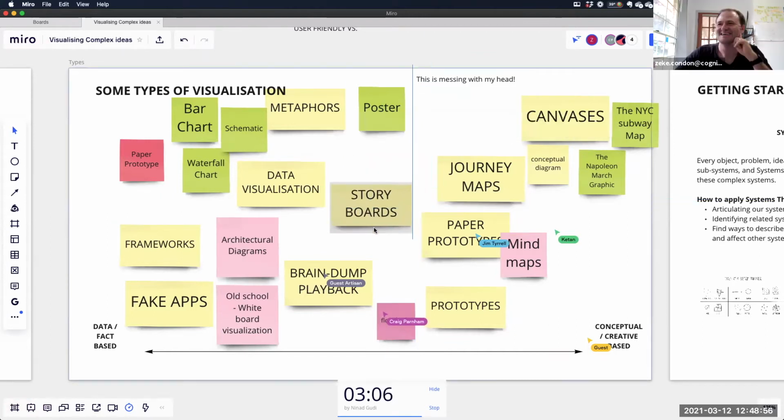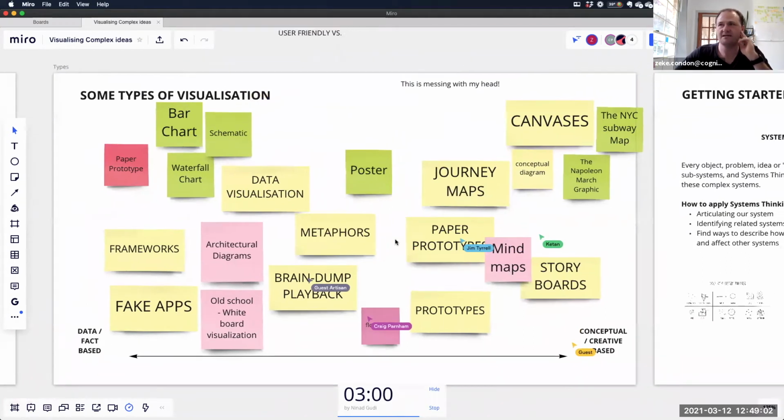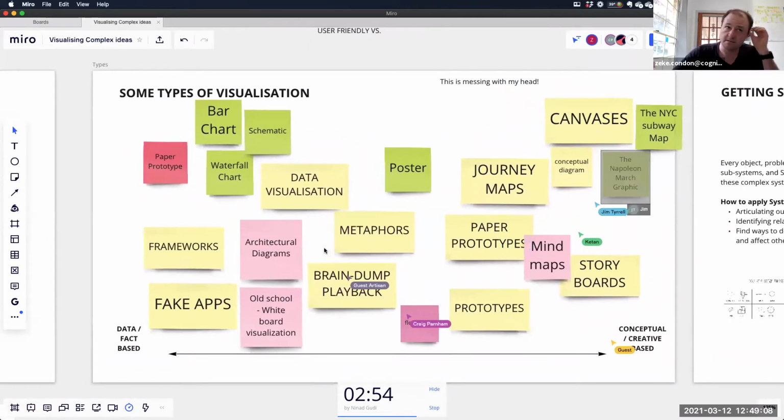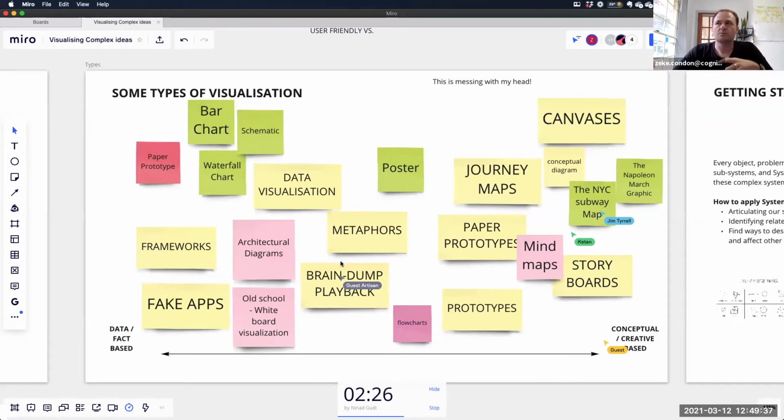All right, cool. So we've sort of got a grouping, right? And you'll see here that there is no one type of visualization. Visualizations come from articulating data and fact-based stuff through to talking about the conceptual. But if we can agree that visualization is a fantastic tool to articulate a lot of different conceptual ideas, and also get across and convey messages, but even make us think about and analyze a problem even more, what I want to talk about now is